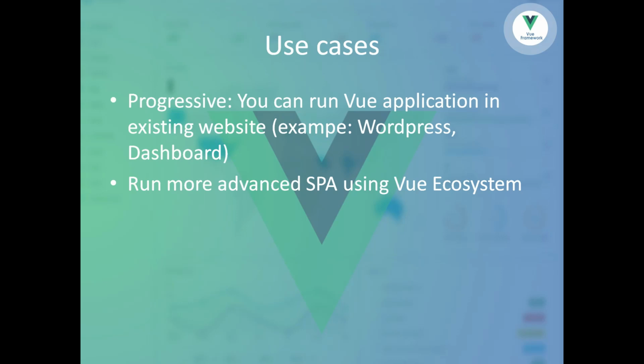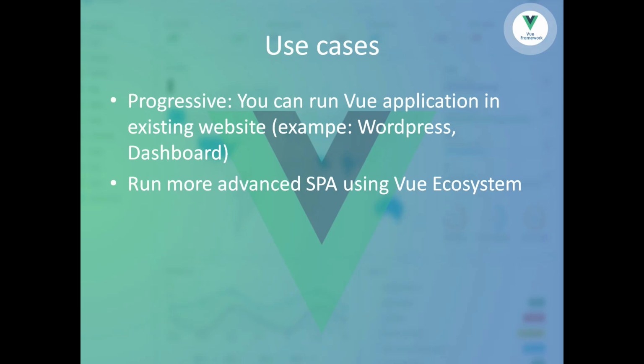That means if you have an existing website, let's say you have a WordPress website, and you want to implement some additional functionality in your WordPress, then you can actually develop a Vue application and then inject your Vue application in the WordPress website. The second one is if you don't have an existing website and you want to start